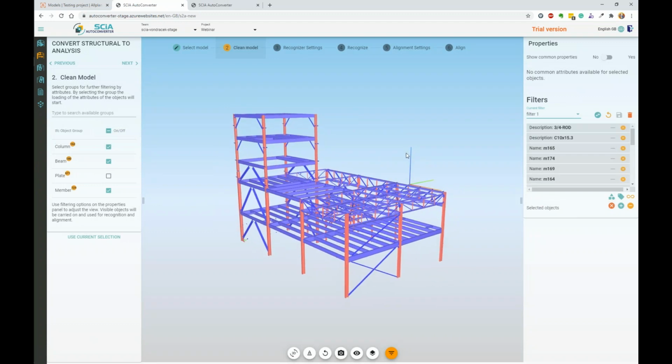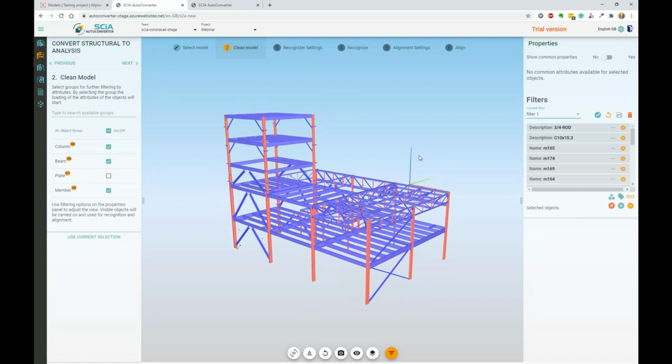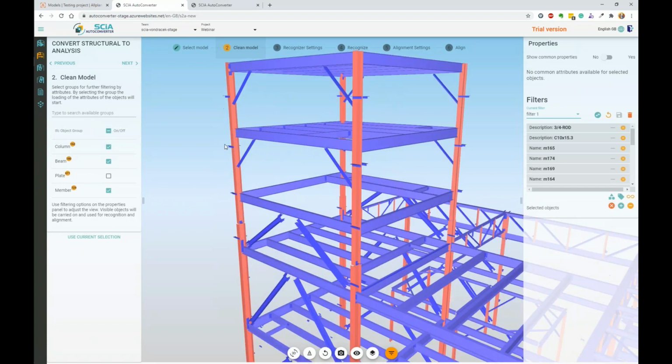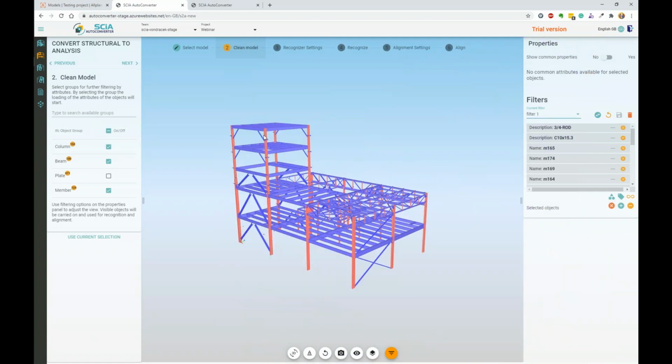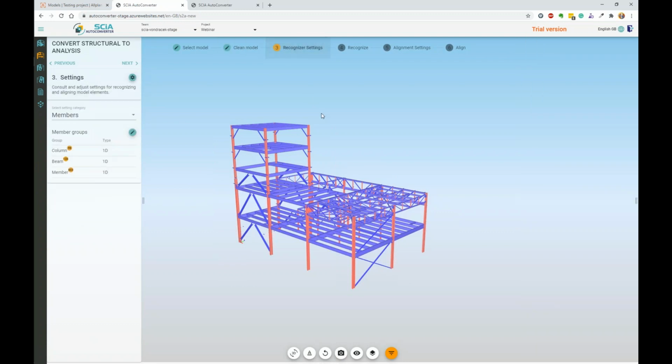And let's say I'm more or less satisfied with it. Of course, there are some small pieces here and there. I'm leaving them there on purpose. I just want to show you another nice feature we have with the cleaning. So I will go to the recognizer settings now. In the recognizer settings, we're going to define, and Adam was mentioning it, how